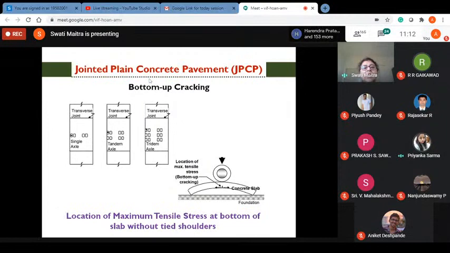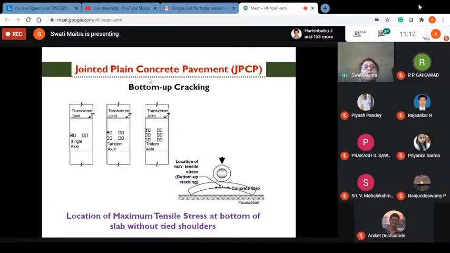Similarly for tandem axle and for tridem axle, the critical stress is at the edge. Now, when the temperature effect is coming, with positive temperature effect, the maximum tensile stress is developed at the bottom of the slab. So in case of only wheel load, the maximum stress is also developed at the bottom of the slab, and